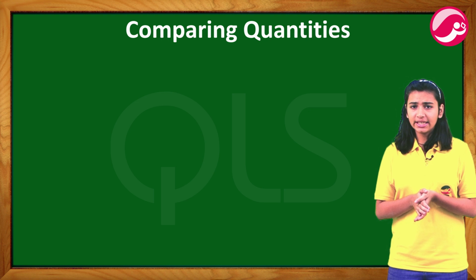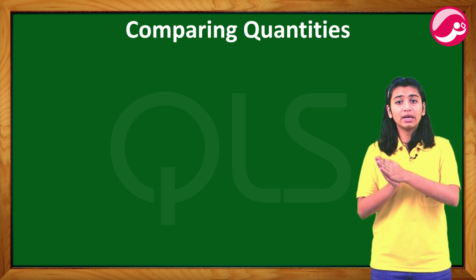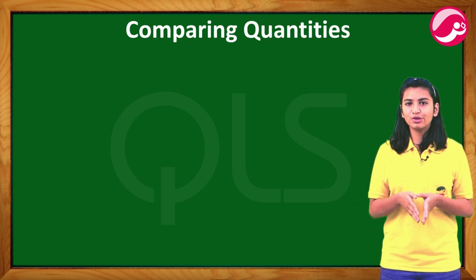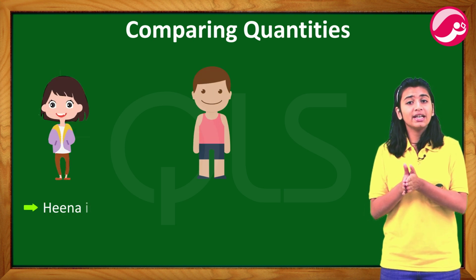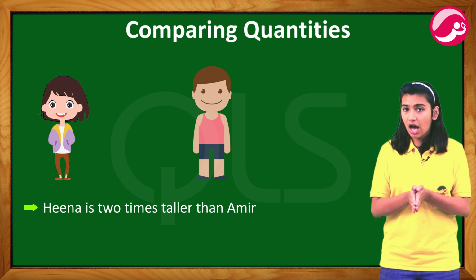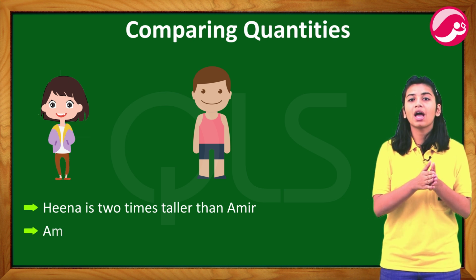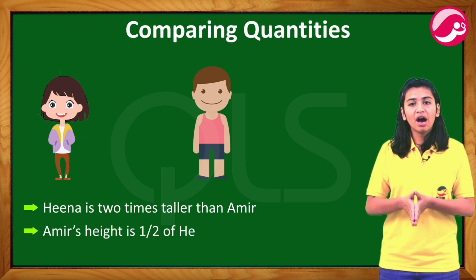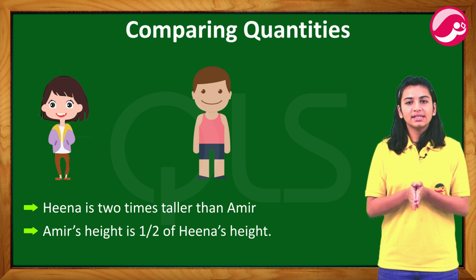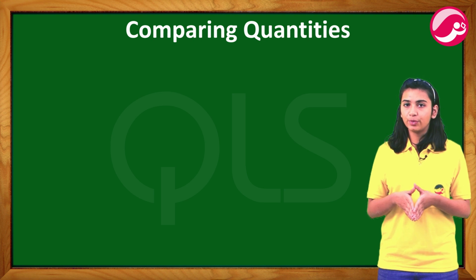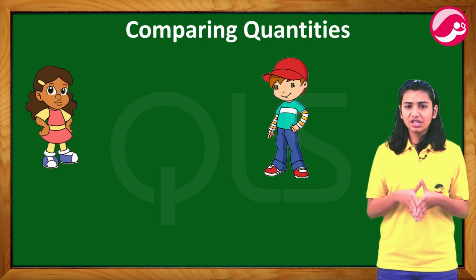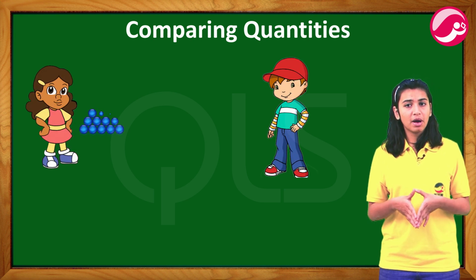Introduction. In our daily life, there are many occasions when we compare two quantities. Suppose we are comparing the height of Hina and Amir. We find that Hina is 2 times taller than Amir, or we can say Amir's height is half of Hina's height. Consider another example where 20 marbles are divided between Rita and Amit, such that Rita has 12 marbles and